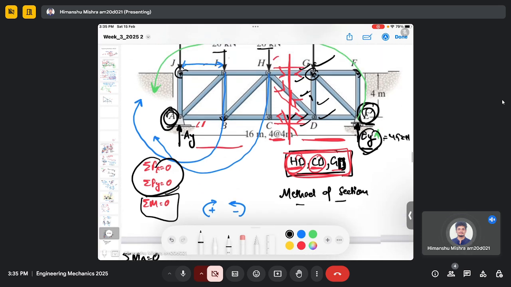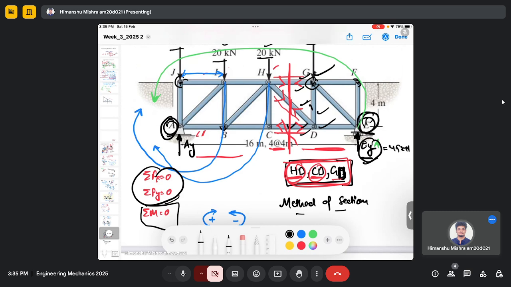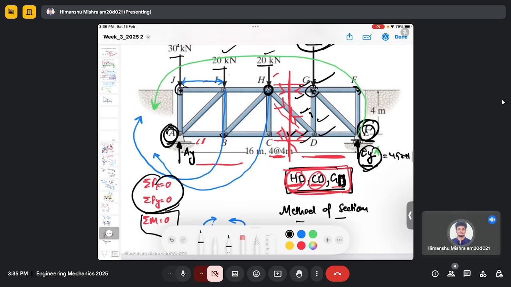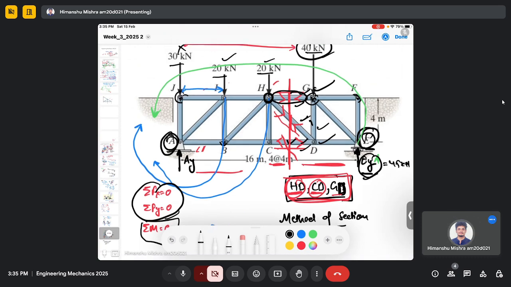So for example, if I use the moment about point H, then there is no contribution of force GH to the moment, because the perpendicular distance from force GH to point H is zero, right? So the only force which creates a moment about point H is EY